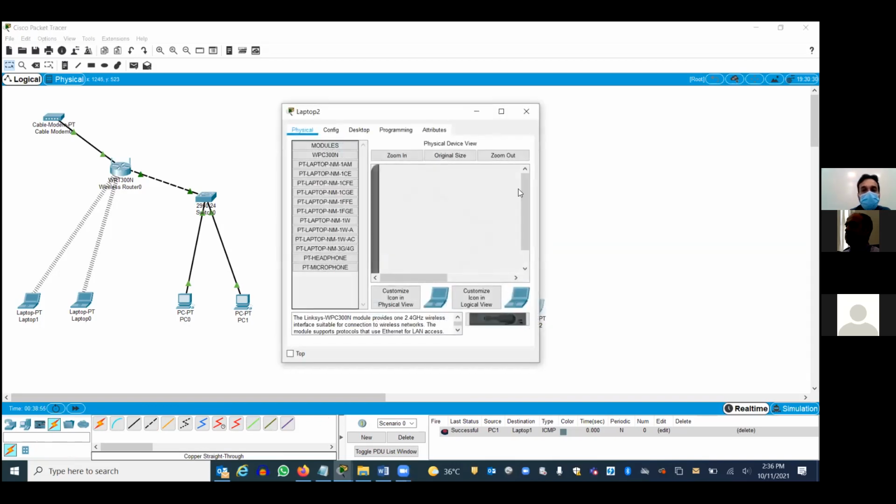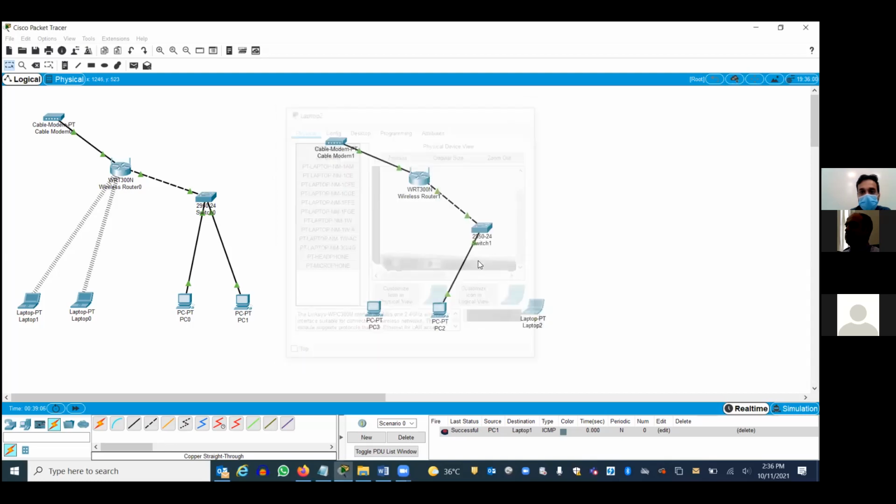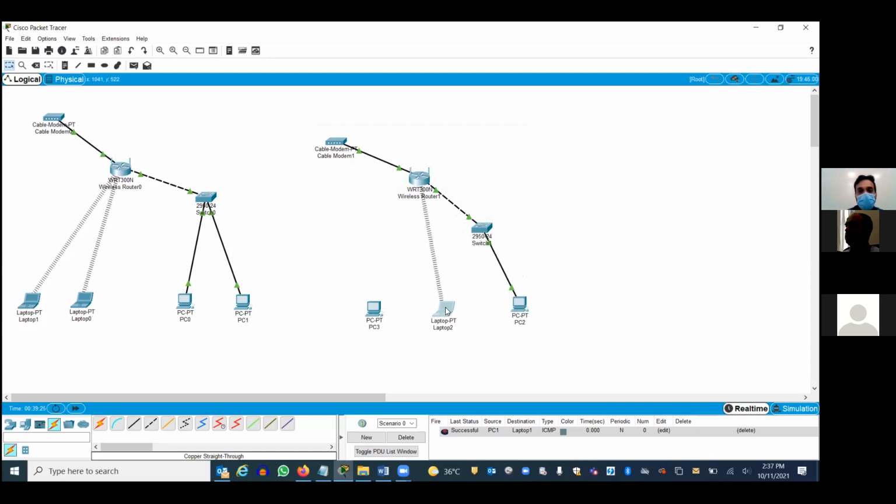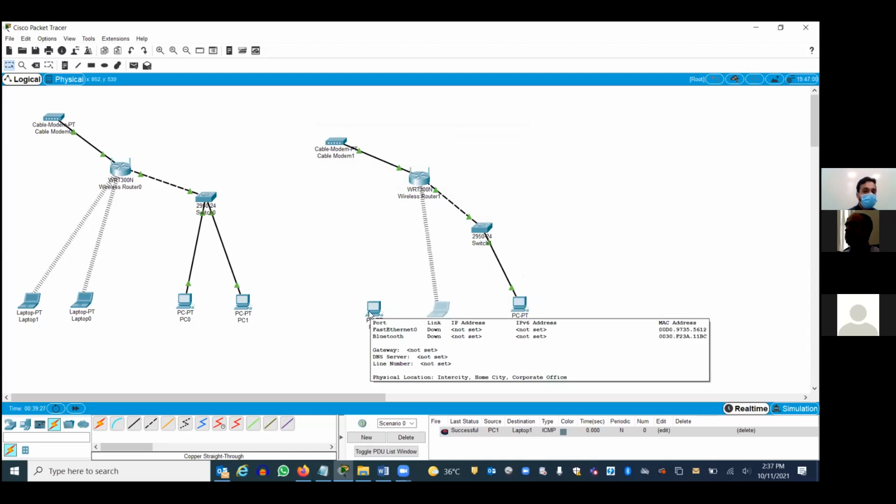So laptop, how am I going to connect the laptop? I'm going to replace the interface. So you have to power it off. Remove. Okay. And replace. And power on. Just follow the lab. Lab 8, week 8. Okay. See how I connected? For the PC also, I'm going to replace the interface.